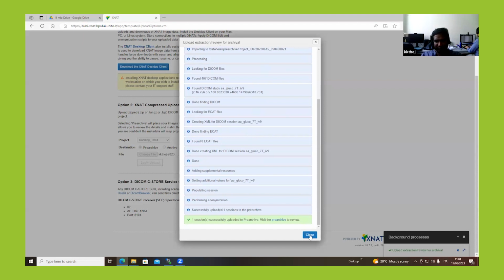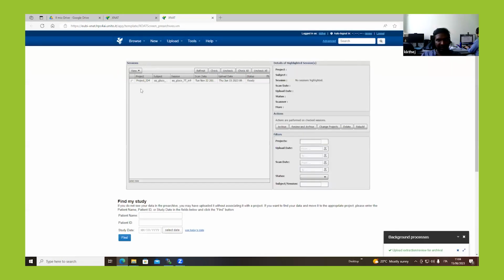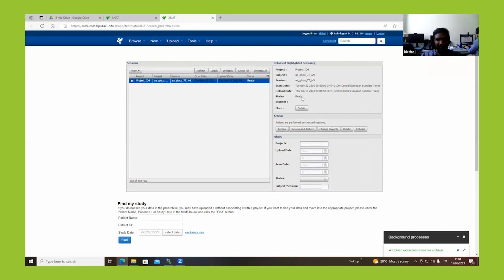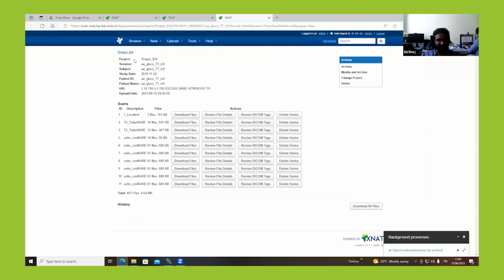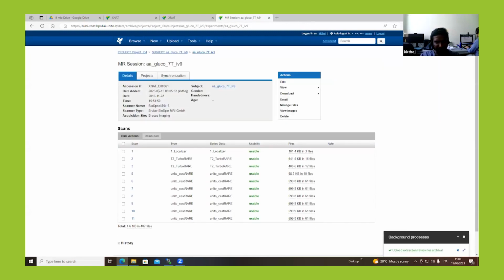So after you visit the pre-archive to review the data, this is how you view all the details of your project, session, subject, and all the scans that you have in the folder that you have uploaded. So I can archive the data, which is like saving into my project. So since it's archived, I think, yes,